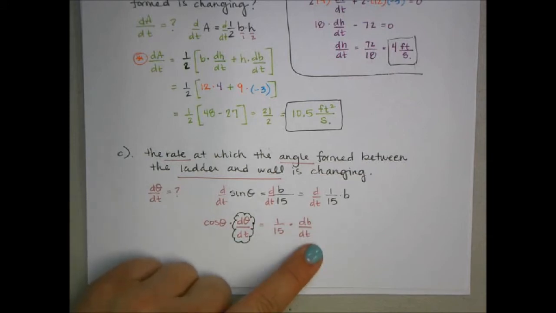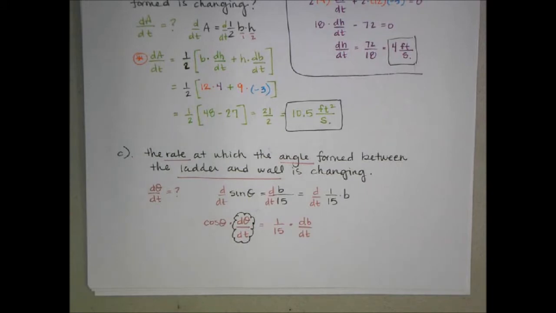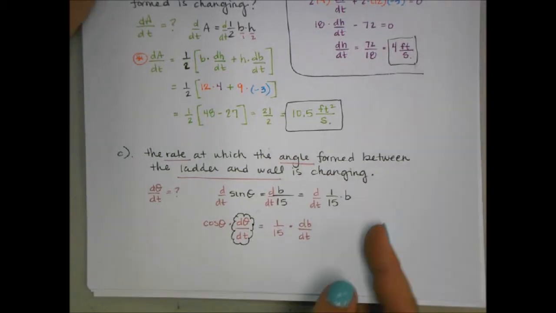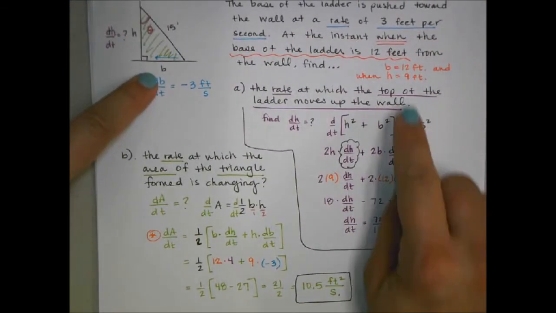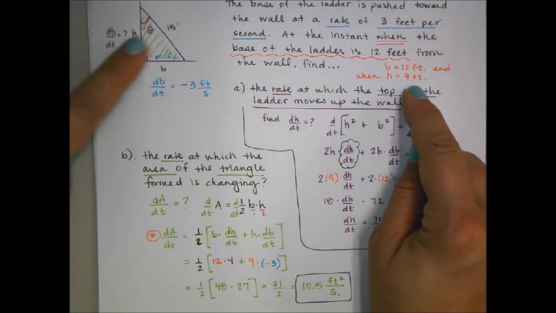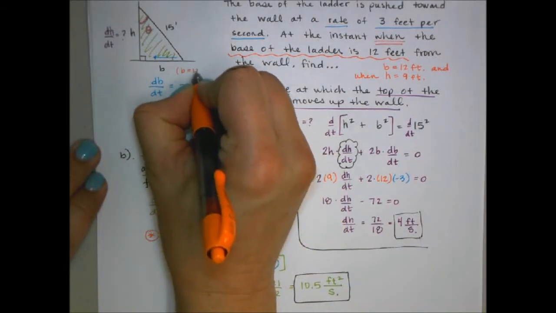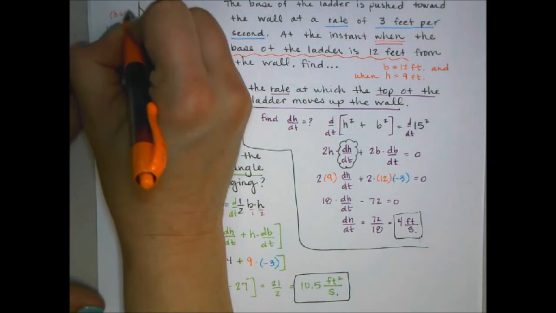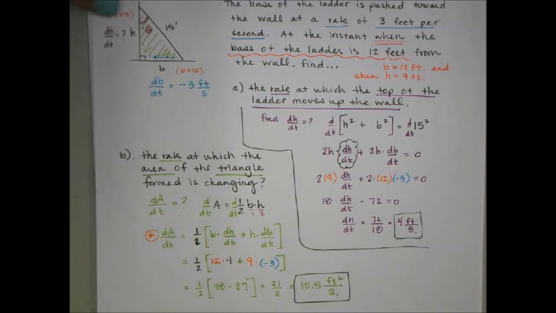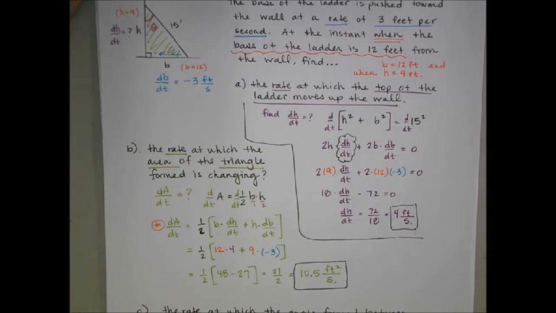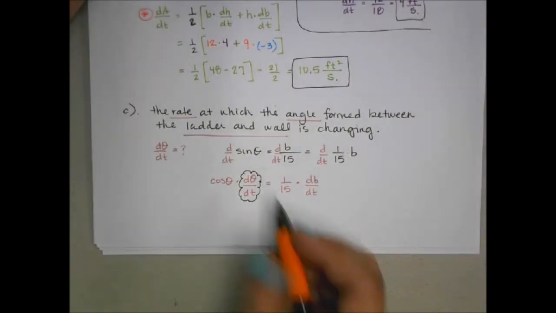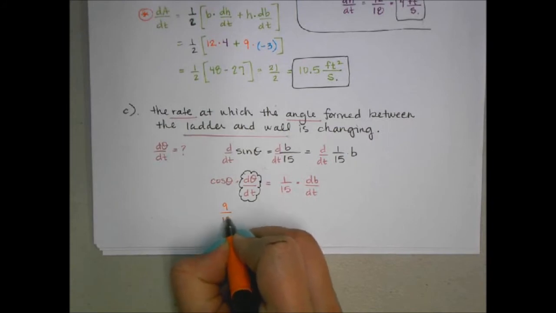dB dt was a given part of the problem, -3. Now we just need to figure out what cosine theta is at this moment. At this moment, b is 12, h is 9, and the hypotenuse is 15. So let's write that over here. Cosine of theta is adjacent over hypotenuse, so that would be 9 over 15. Again, I couldn't have used this information before I started the problem because I had not taken the derivative yet. Now that we have, cosine is 9 over 15 times d theta dt